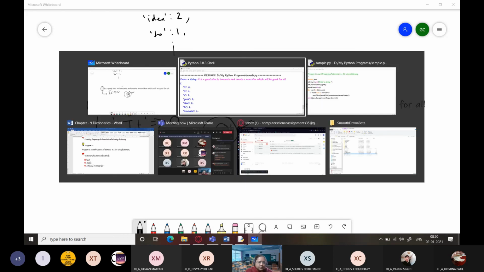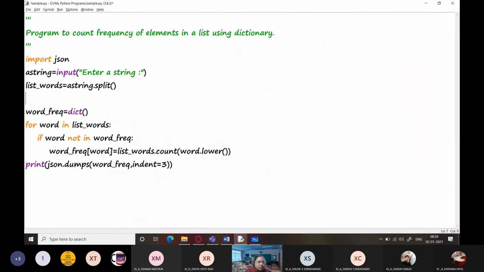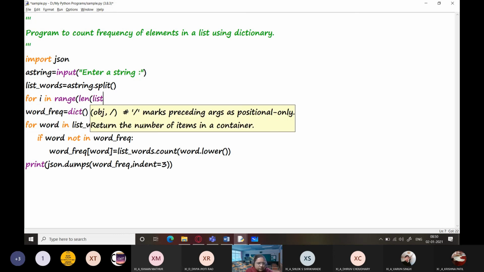So that is why what we are going to do is, in the beginning itself, we will change all the words within list words to lowercase. So for i in range len, you can also use enumerate over here.